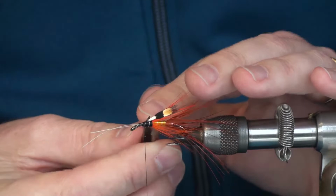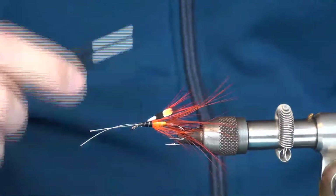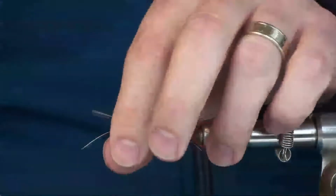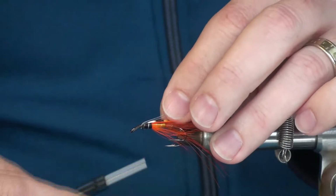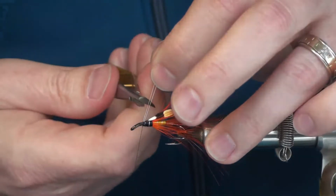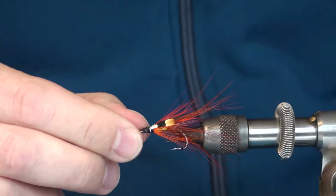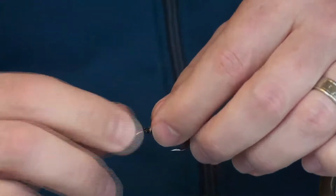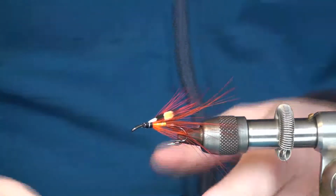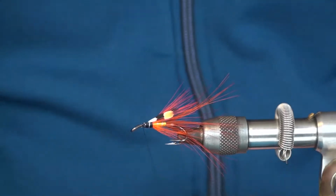Just use your tweezers to manipulate those. So a couple of wraps, and then as I say, I fold those back in themselves, so they're not going to go anywhere. Right. So we're getting there with this fly, and